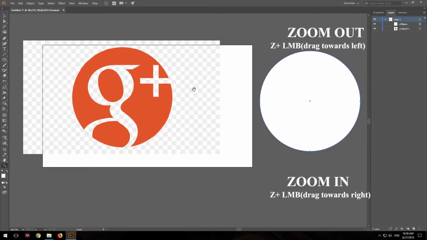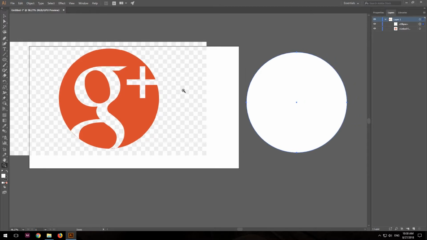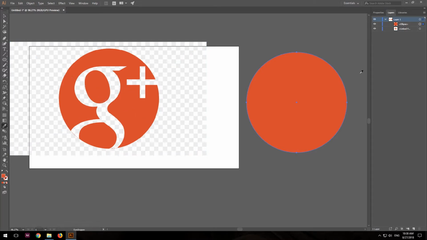Okay, now I want to change the color of the circle that I made just now. Let's use a color picker and make it the orange. Okay,